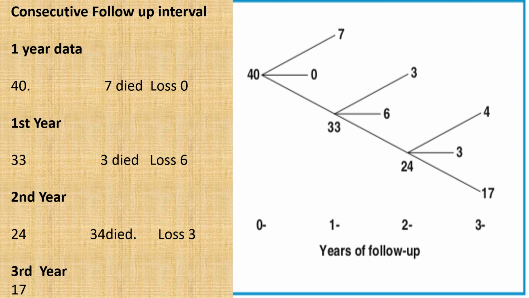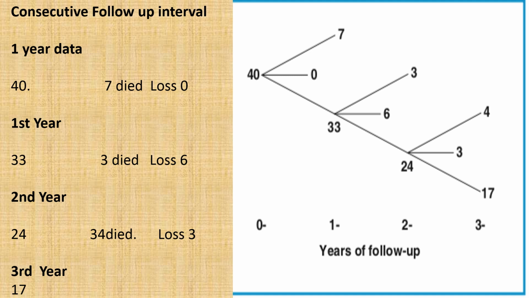So this is what we can write down: 40 individuals were at the start of the study. After 1 year, 7 deaths reported with 0 censored. All of the information was present. Then in the first year, after subtracting 40 minus 7, 33 individuals. Look at the tree. 33 individuals comes from the subtraction of 40 minus 7. Okay. Then the next point is 3 deaths were reported, 6 individuals lost in contact, and then in the next